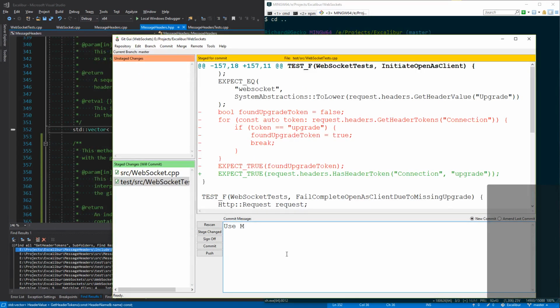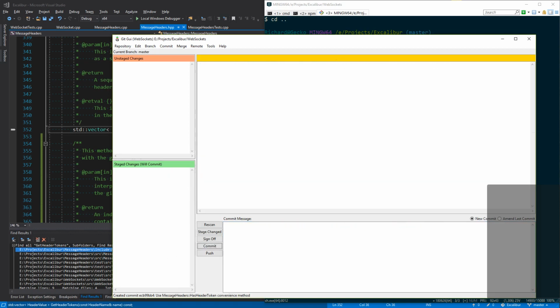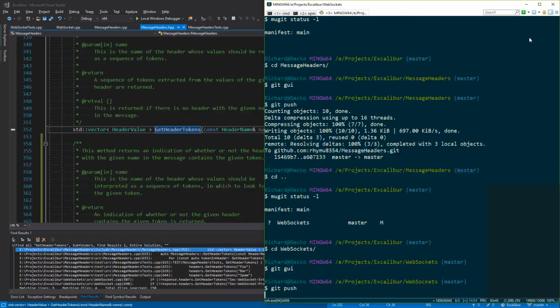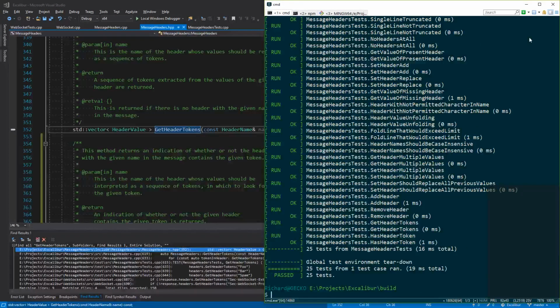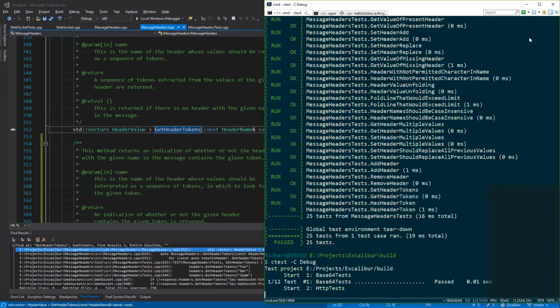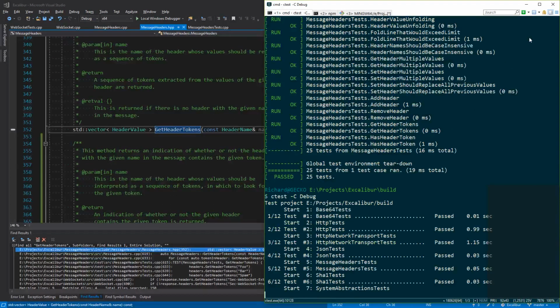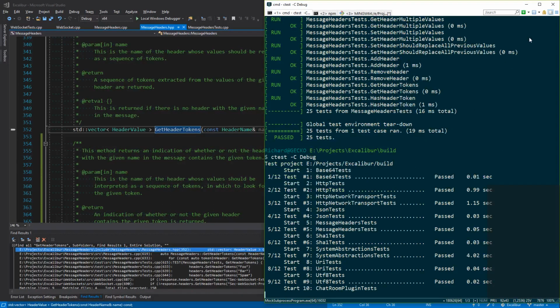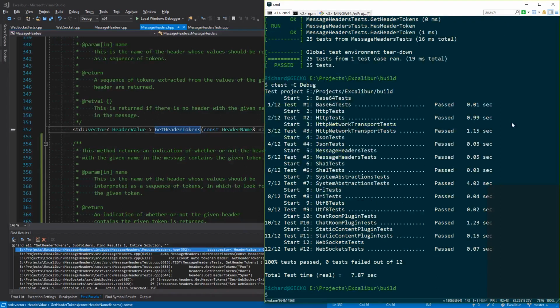Use message headers has header token convenience method. And let me run all my tests again. All right. One more thing down.